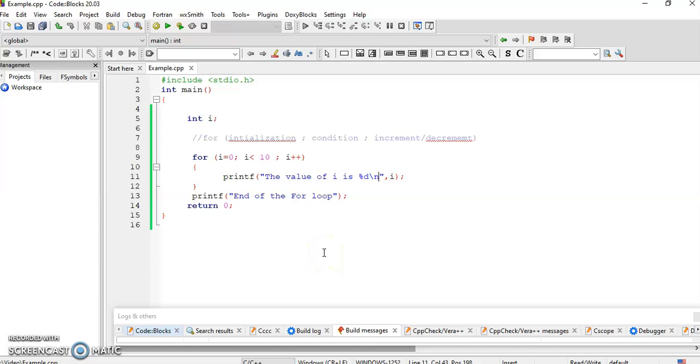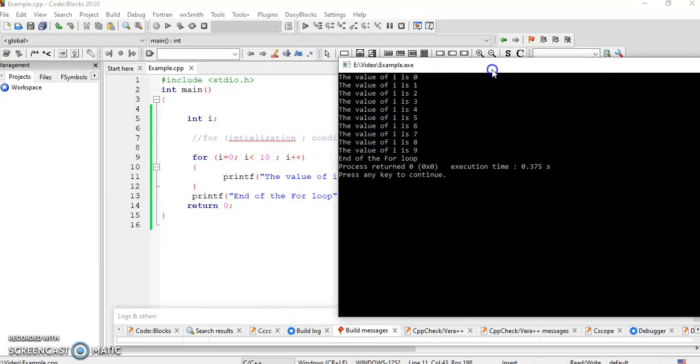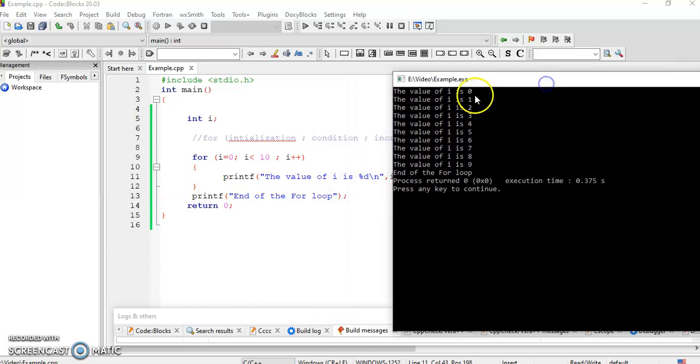It's taking a little bit of time. Yes, now we'll get the output like the value of i is 0, the value of i is 1, the value of i is 2, the value of i is 3, like that we'll get it. Now it is coming. So I got it. Right, you can see 0, 1, 2, 3, 4, 5, 6, 7, 8, 9, and the end